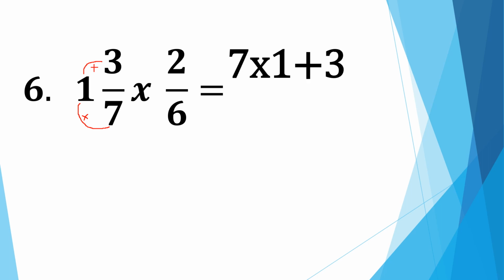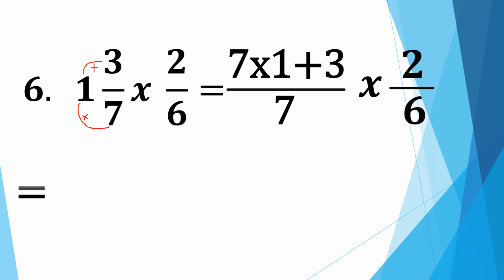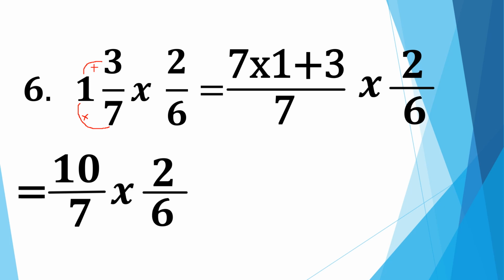So let us have 7 times 1, that is step 1. Then add the answer from step 1 to the numerator, 3. So 7 times 1 plus 3. Then step 3, write answer from step 2 over the denominator. So our denominator is 7 times 2 over 6. So it will become 7 times 1 is equal to 7 plus 3 is equal to 10. So 10 over 7 times 2 over 6 is equal to